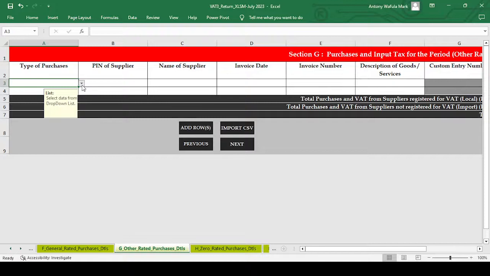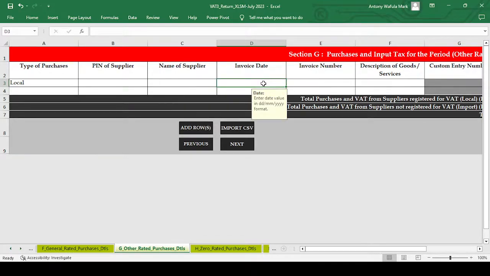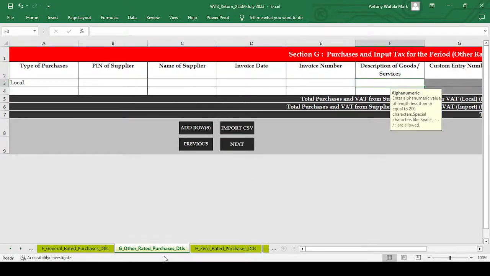So you have to select whether that type of purchase is imported or you're buying it locally. And then you have to input the PIN of the supplier, the person who is supplying you with that good or service, the name of that supplier, the invoice. Remember, they have to issue you with an ETR receipt indicating their KRA PIN. That's where you get the details, and the invoice number, and then describe the goods. Then you're good to go.